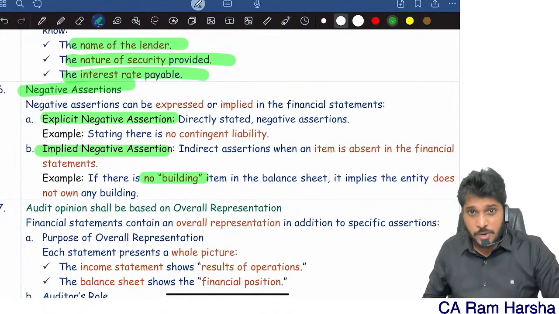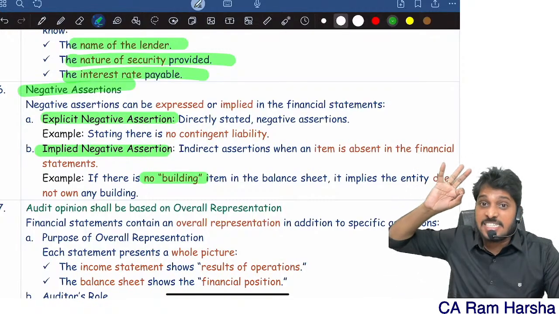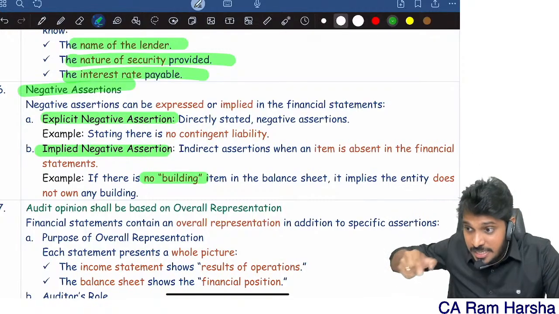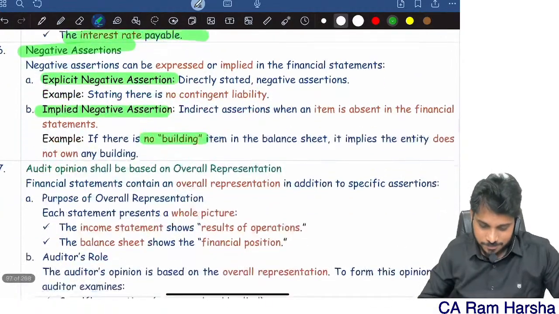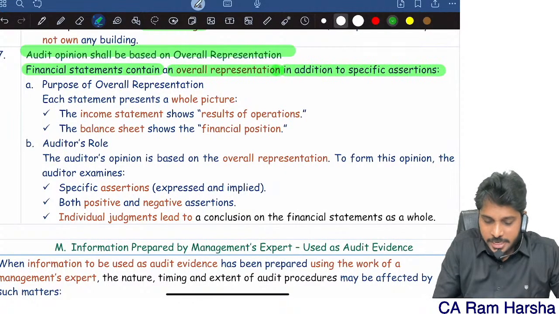Next, explicit negative assertion. Explicit negative assertion means what? I am showing buildings and I am mentioning 0, not existing. Explicitly I am saying that there is no building. That's it. So the auditor, the financial statements contain an overall representation in relation to